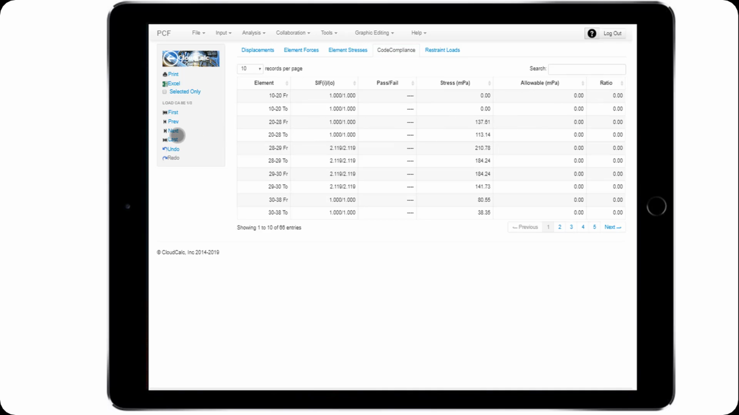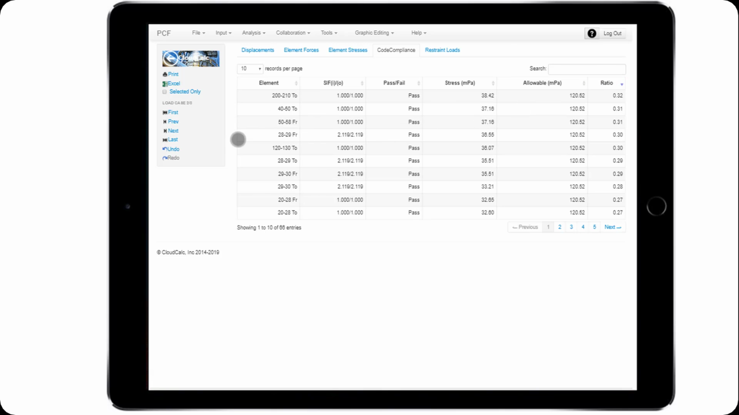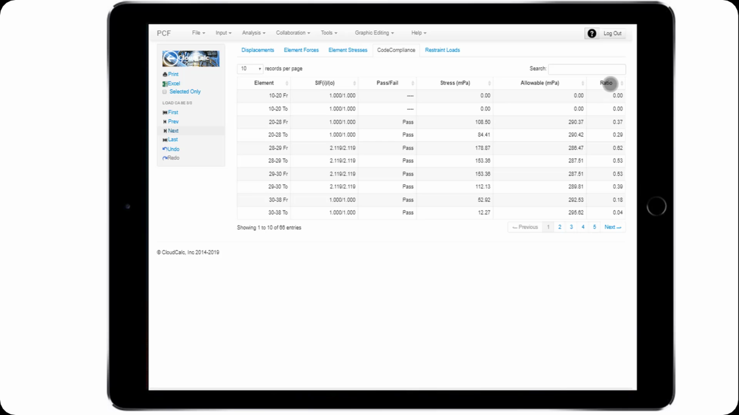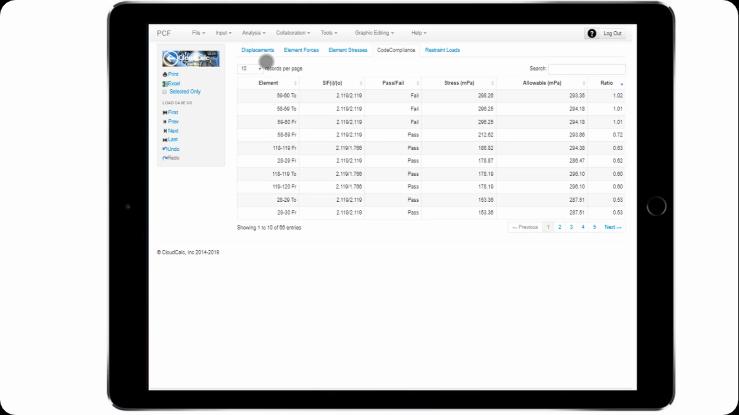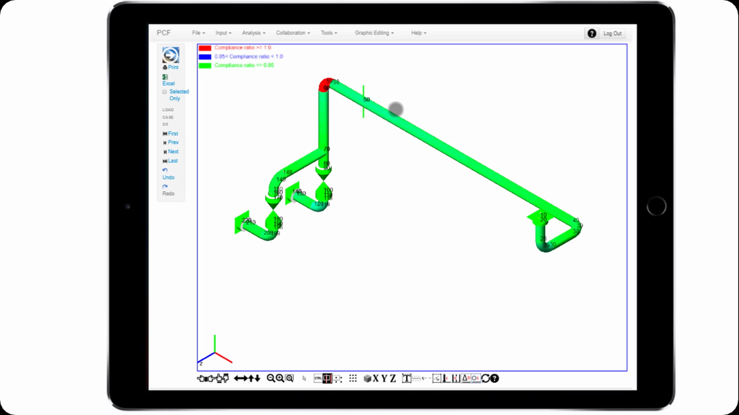This is our operating case, sustained case. That passes. And the expansion case, take a look. It seems to fail. And if we take a look graphically, we see that we are going to fail at this elbow. So now we're going to have to make a change, but let's say that you've got an appointment